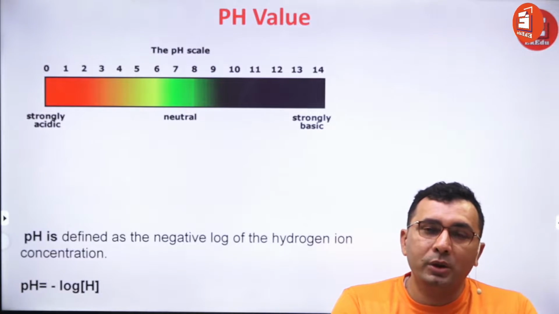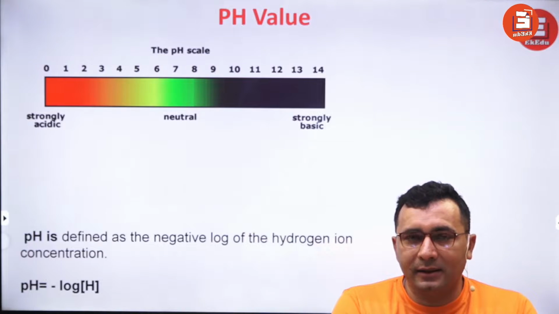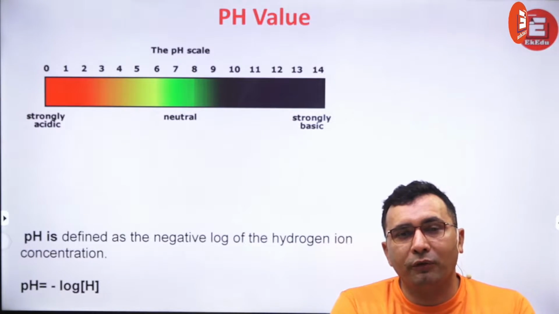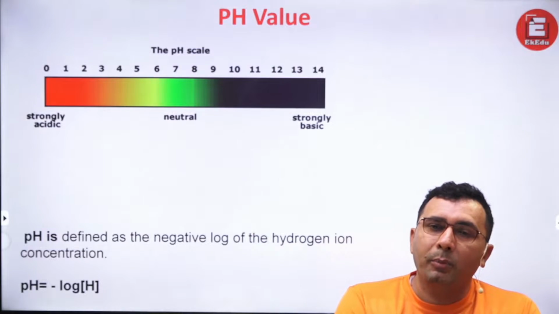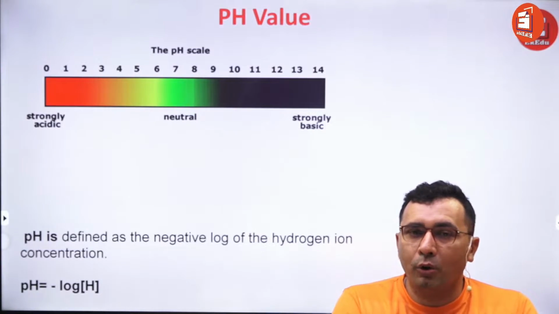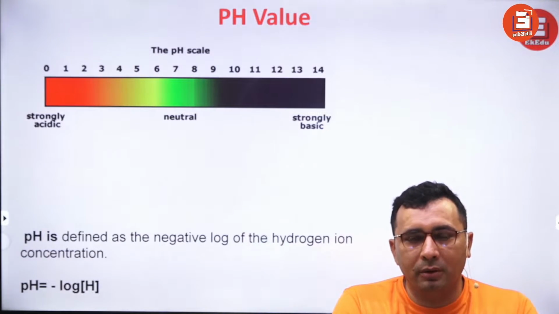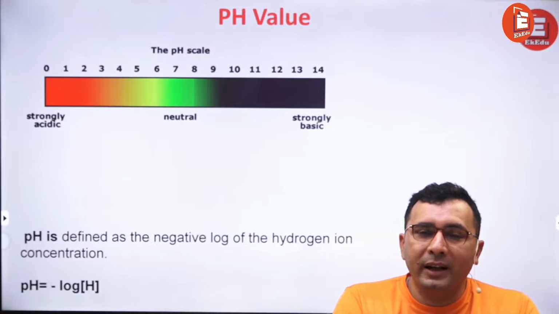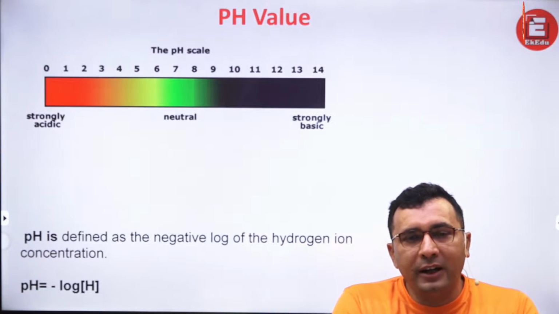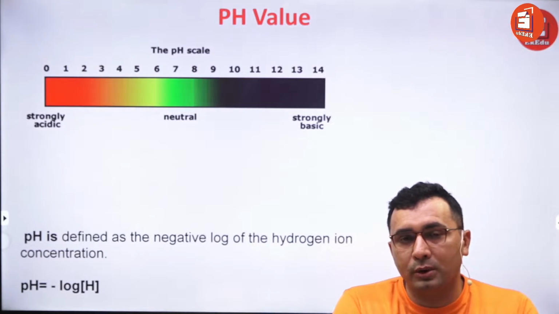Actually, we use the meter, centimeter or kilometer to measure distance. Similarly, we use gram and kilograms for the measurement of weight. Similarly, pH value is the scale which is used to measure the acidic or basic strength of a substance using the pH paper. Actually, pH paper is a very simple item which can be used to find out the acidic or basic strength, not only the nature but strength also.